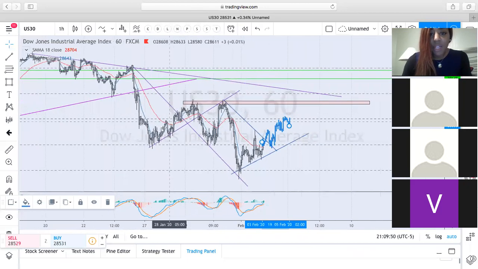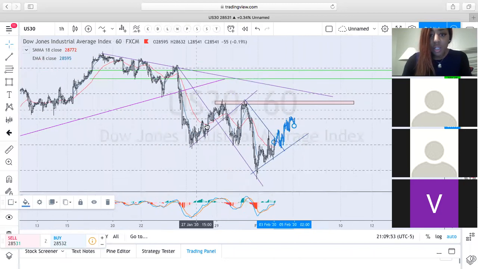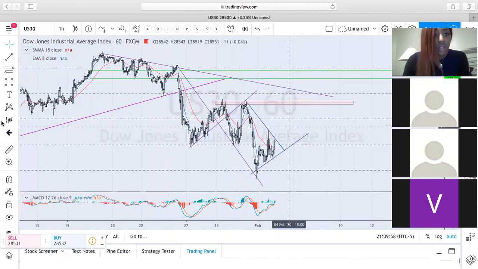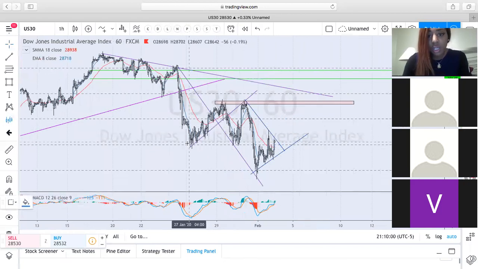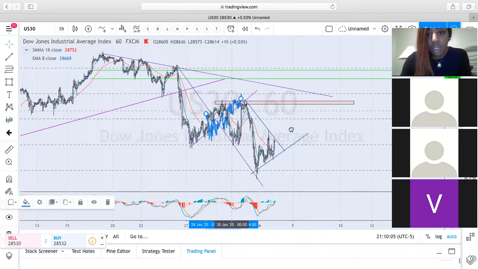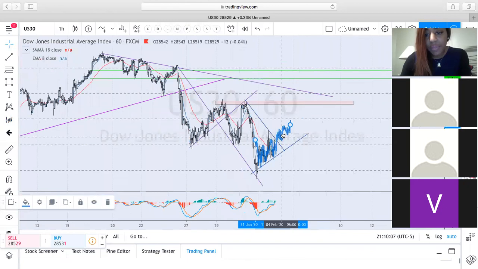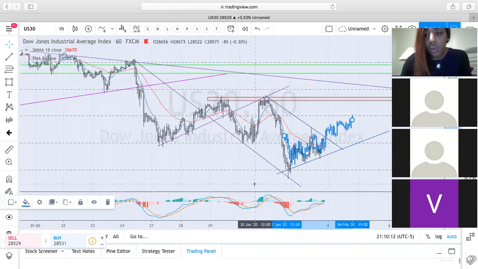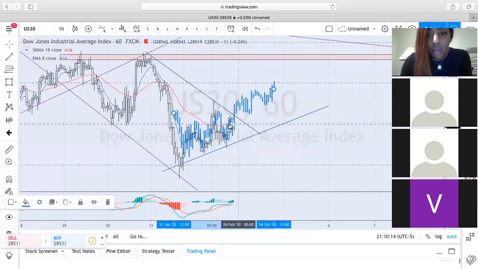Watch for this pattern. This exact pattern here. Watch for this pattern here. So this whole structure. Okay, so where structure is now, because this is a trend line bounce where it is,